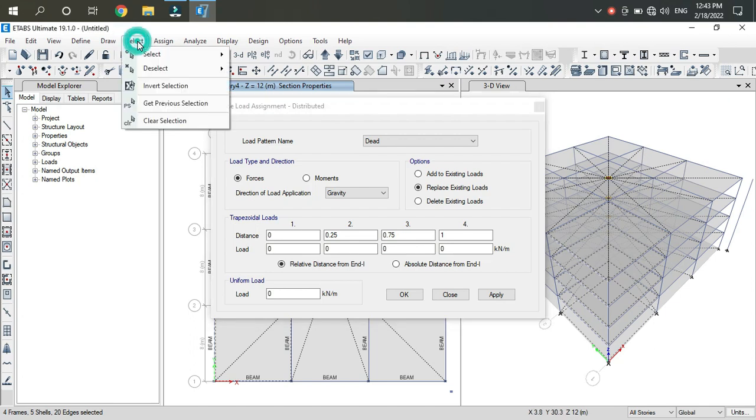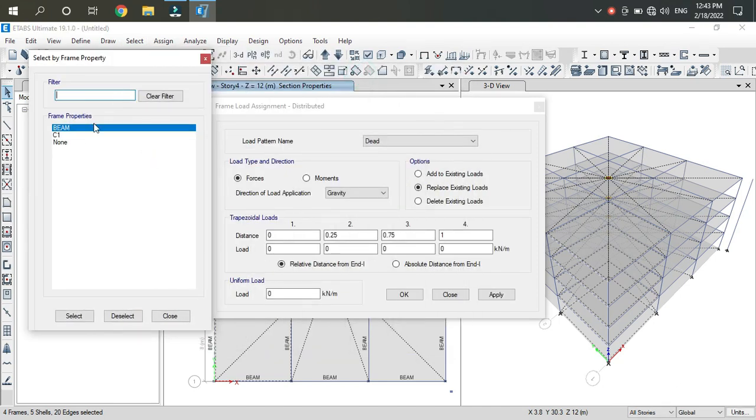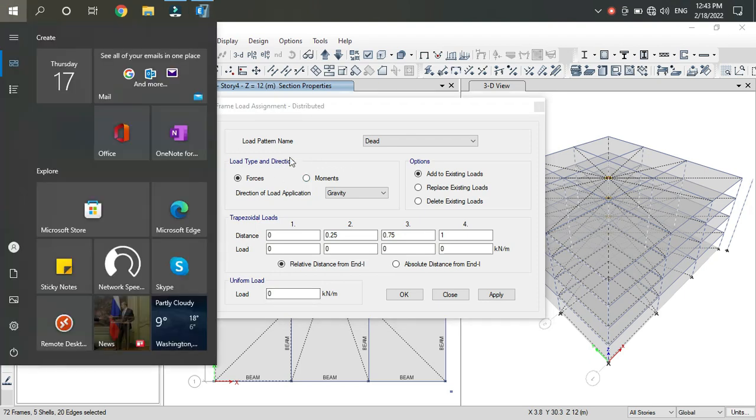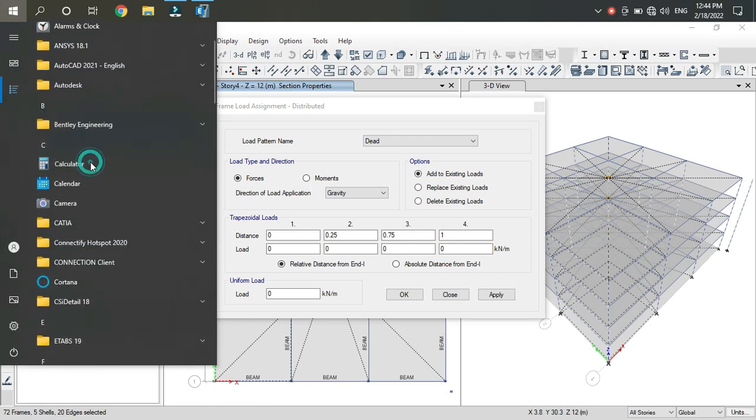So we need to calculate for this, right? One and three, so apply and